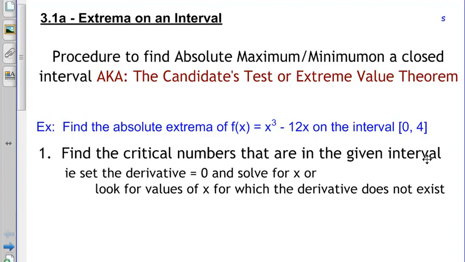Okay, so this video is 3.1a and it's talking about extrema on an interval. So that's what we're trying to do. We're trying to find extrema, which means extreme values: maxes, mins, relative maxes, relative mins, local maxes, local mins, absolute maxes, absolute mins, and just maxes and mins in general. And all of that vocab can be confusing, but what I want to show you is how to find